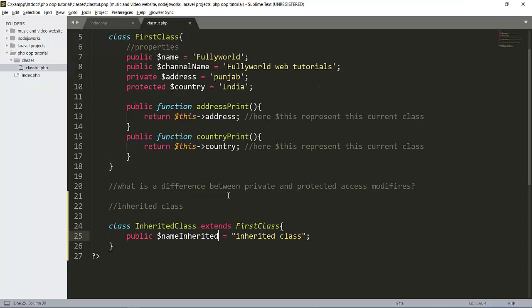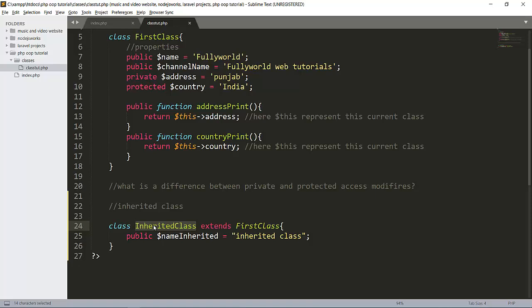Now that this class is inherited, we can make an object of this class. We can also make an object of the first class, but it is a rule, or it is very good, if you make the object of the inherited class.